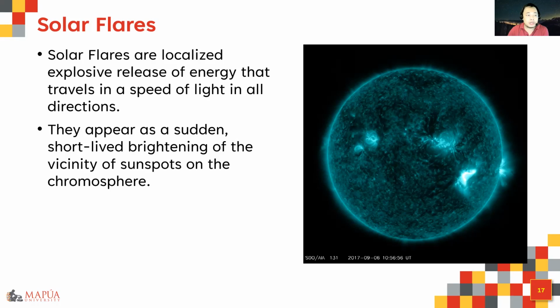Okay, because solar flares travel at the speed of light, whatever effect they have on Earth will be experienced in about 8 minutes. Okay, so the impact is almost immediate. That's why it's very important to really forecast these events. Okay, so this is the picture of the sun at 131 angstrom, September 6, 2017 at about 10:56